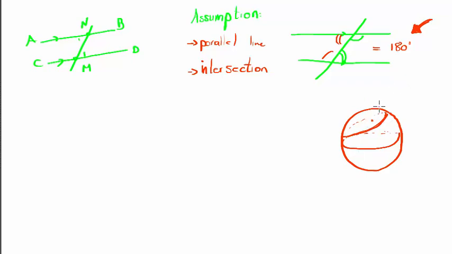And notice now if I draw any other line that intersects them both, these two angles are both more than 90 degrees, so they will add up to more than 180 degrees. These two on this side are both less than 90 degrees, so they'll add up to less than 180 degrees.